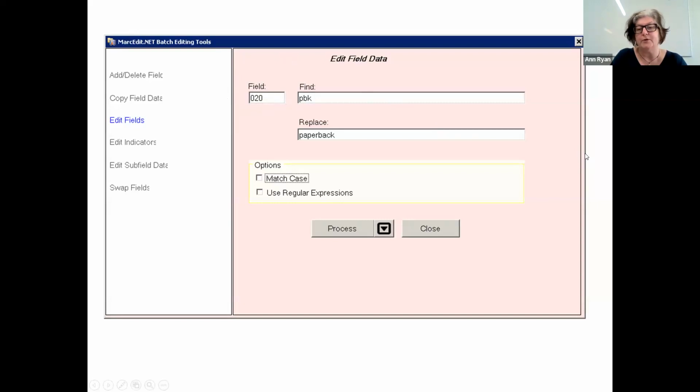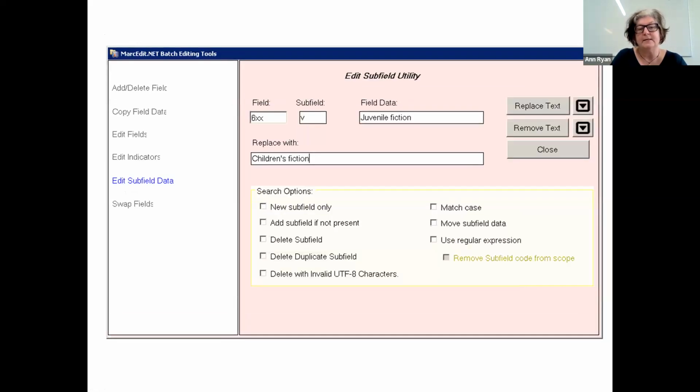There are, however, times that you want to be more specific about where, i.e. in which subfield, the change should occur. Edit subfield is your friend here. In this instance, we want to change the V subfield, juvenile fiction, to children's fiction, but we don't want to risk making any unwanted changes in the A or the X subfields in the bibliographic records. Instead of worrying about accidentally changing legitimate headings, I can just specify that this transformation only operates in the V